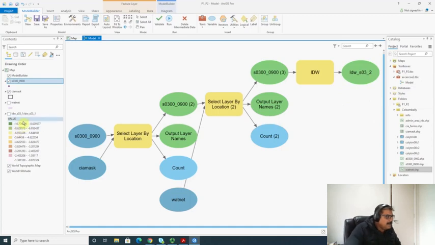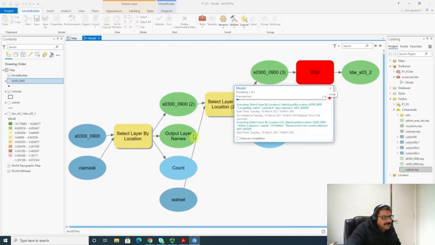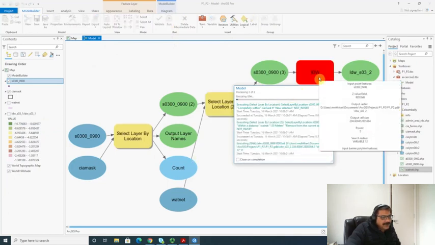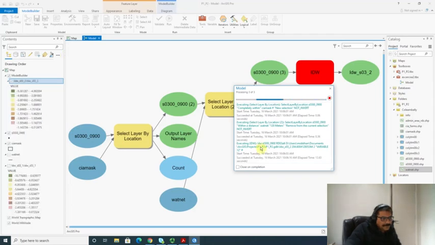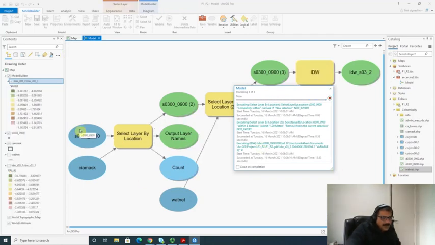This time it will be there automatically, and then we will compare these two runs with each other. So let's run this one. Now you can see the model is running. Okay, now it has run. Okay, now we can see that